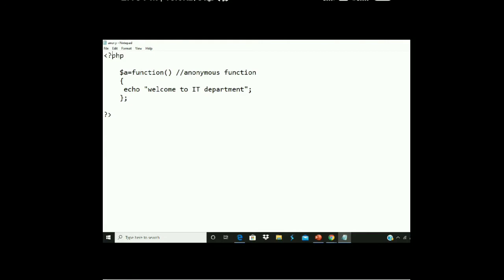So a function exists over here. Now I want to use this function in another file. How will you do that? So I'll go here. I open a new file, PHP. Now I want to call that function from this file. So to use that, you have to simply use include. And what is the name of that file? Anony.php, because in Anony.php there exists an anonymous function, which is assigned to a variable called a here.